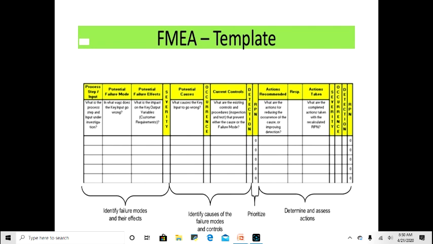Put all the parameters here, calculate. Next to this will be the actions. RPN is calculated here, then actions recommended, actions taken, and then the final RPN is recalculated. So this is a universal template. Knowing the RPN number, you know the severity of the risk and you take the action to reduce it. Hence this tool is for both analyzing the risk as well as managing the risk. It is a widely used tool in the pharma sector for analyzing the risk as well as managing it.